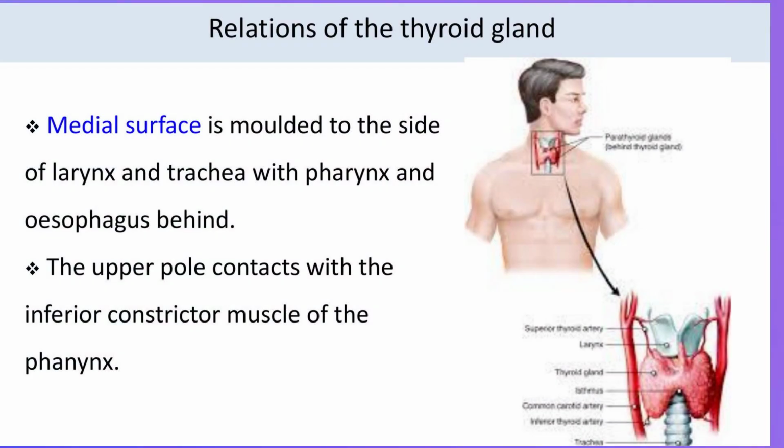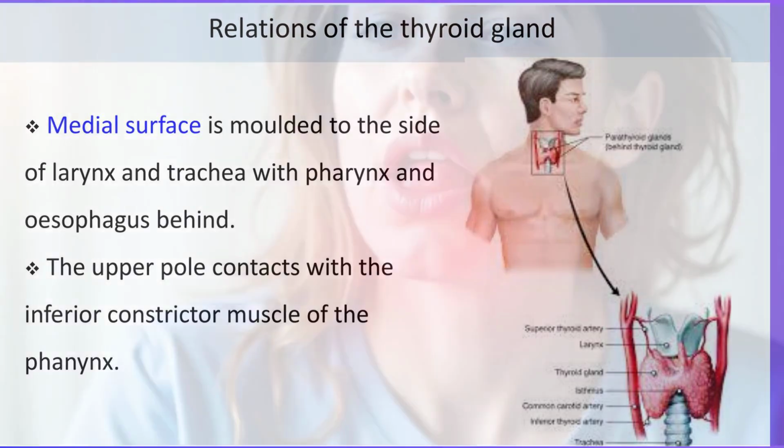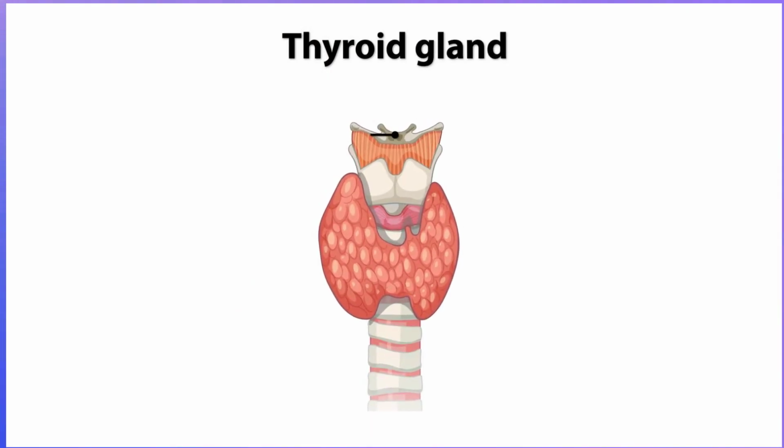The medial surface of the thyroid gland is intimately molded to several vital structures. It lies in close proximity to the side of the larynx and trachea anteriorly, and the pharynx and esophagus posteriorly. This close relationship means that thyroid enlargement can compress these structures, leading to symptoms like dysphagia or dyspnea. Furthermore, the upper pole of the gland is in direct contact with the inferior constrictor muscle of the pharynx, highlighting